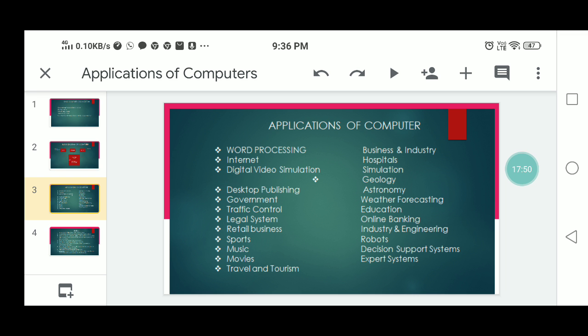Retail business. Computers are useful in retail shops to enter orders, calculate cost and print receipts. So in retail business, the persons can give services to the customers.